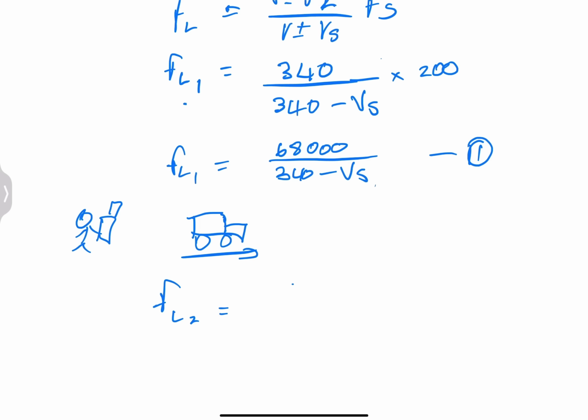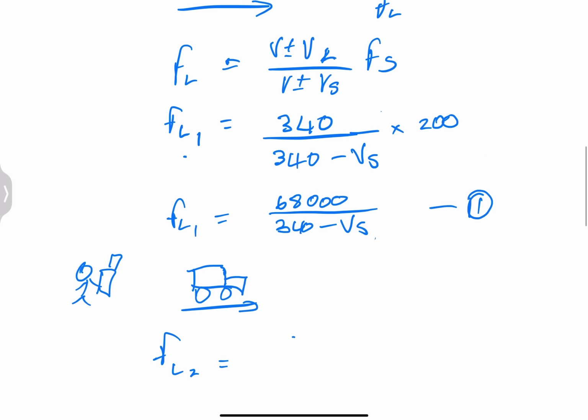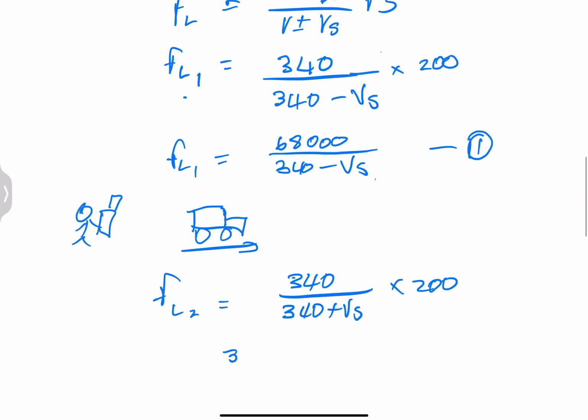So in this case it would be exactly the same thing. Now it's going to be 340 divided by 340 plus Vs times 200. Okay, so that would be again 68,000